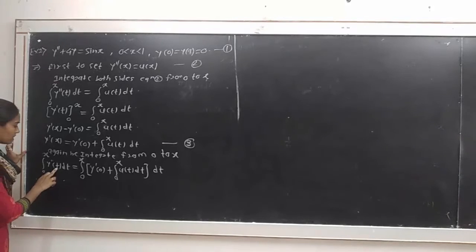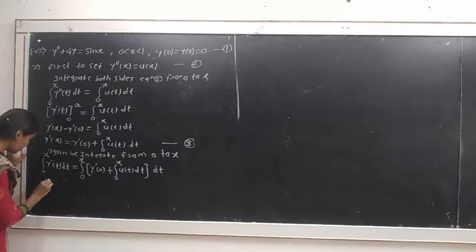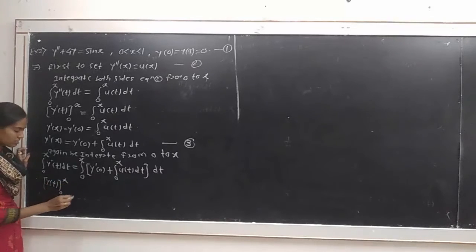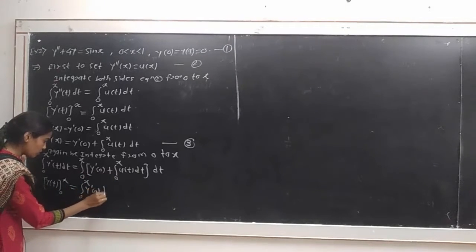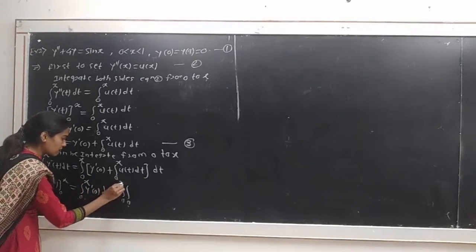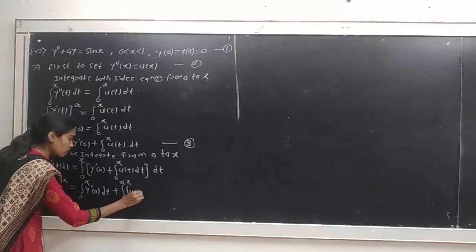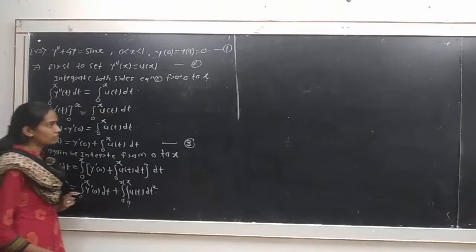Then we take the limits. So students, we take the integration of y dash of t, which will be y of t from 0 to x, is equal to, we separate this integration, here we get integral from 0 to x of y dash of 0 dt plus this double integral, that is 0 to x of u of t dt into dt, which we can write as dt square. Then by putting